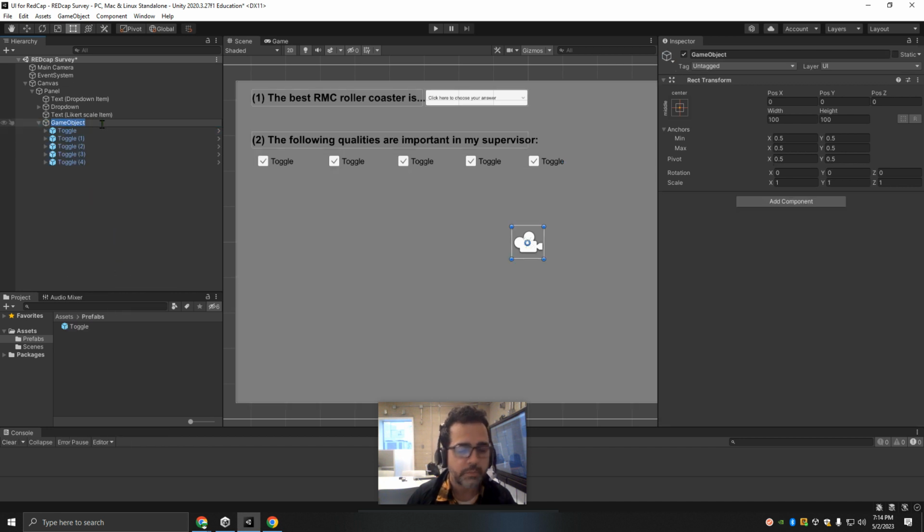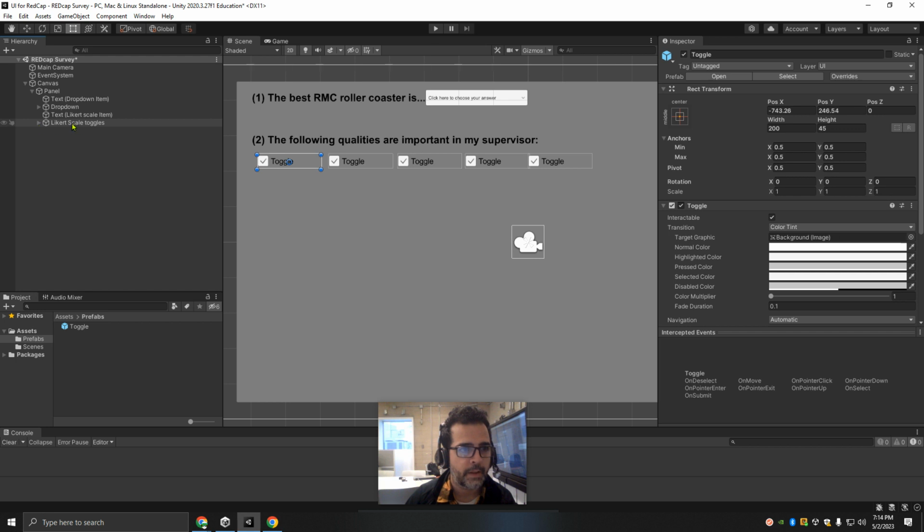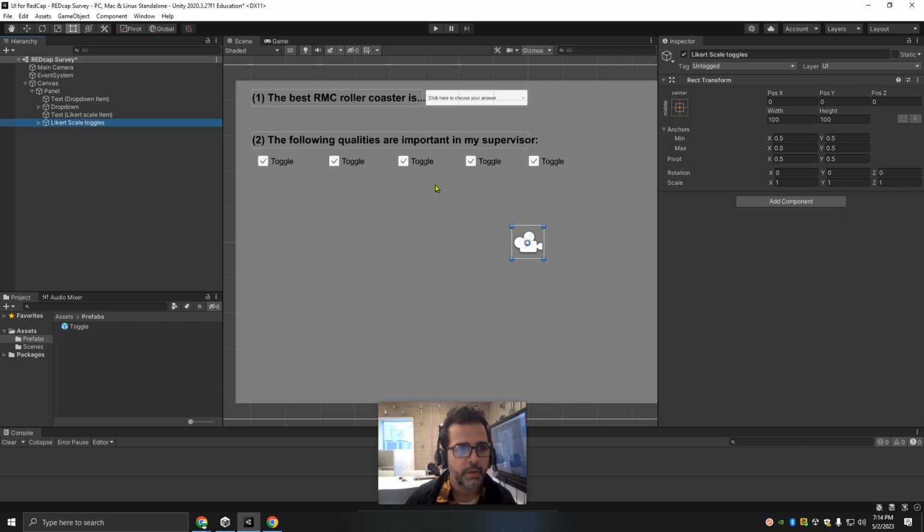So I'm gonna name it Likert scale toggles. And then all these toggles live there. This is bad. Anyways,